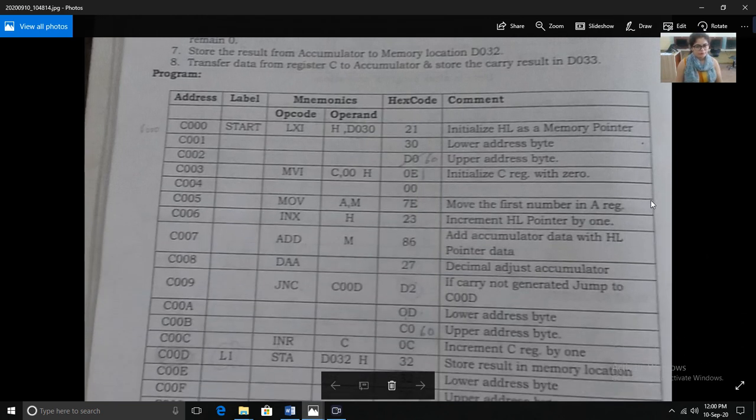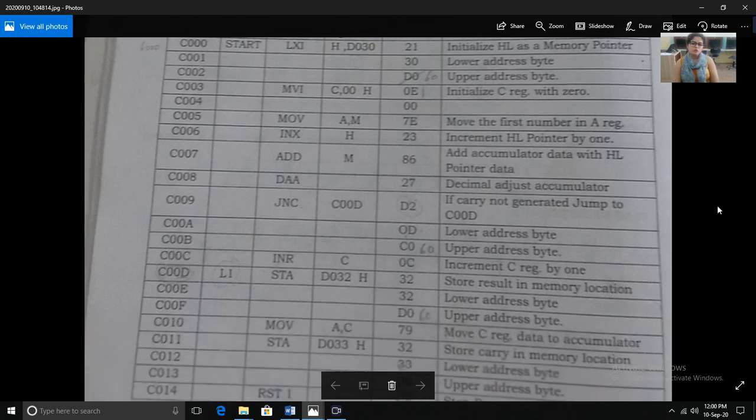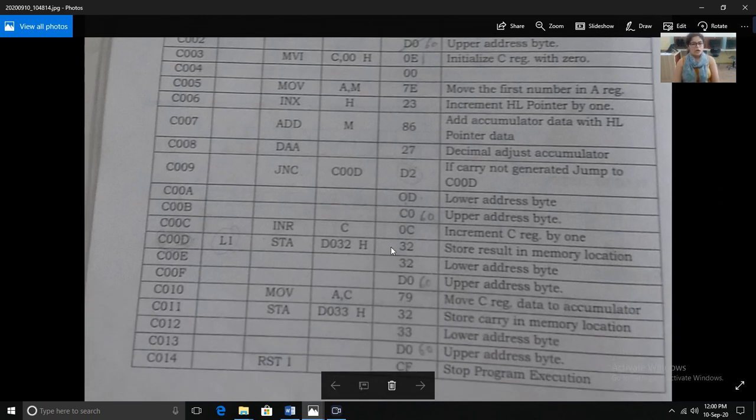Initially, first of all, we move the HL pointer register to that memory location. Then we move the contents of that memory location to the accumulator, because we have to empty the HL register to make it point to some other memory location. So we transfer the contents to the accumulator, and after that HL will point to the next memory location. And then if there is a carry, we have to handle that part. These are the instructions to handle carry. If there is no carry, you can simply store the result, and if there is a carry, you have to store the carry also.